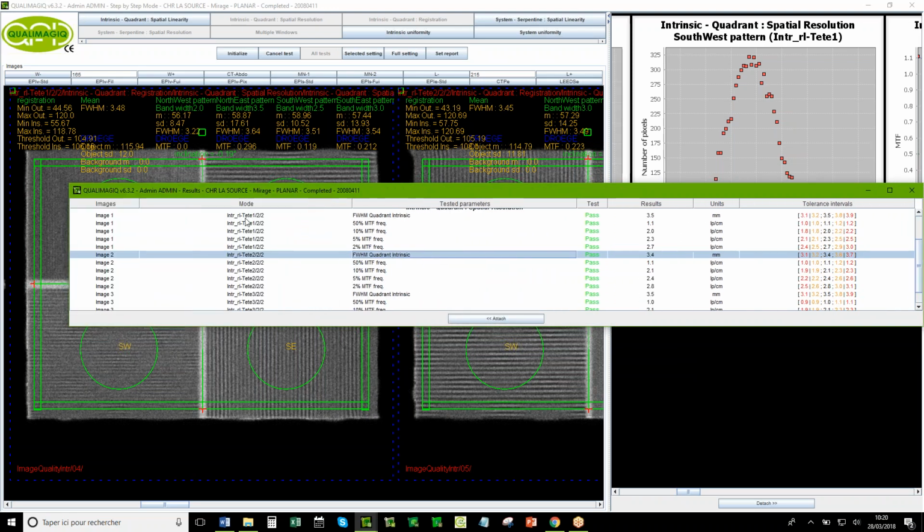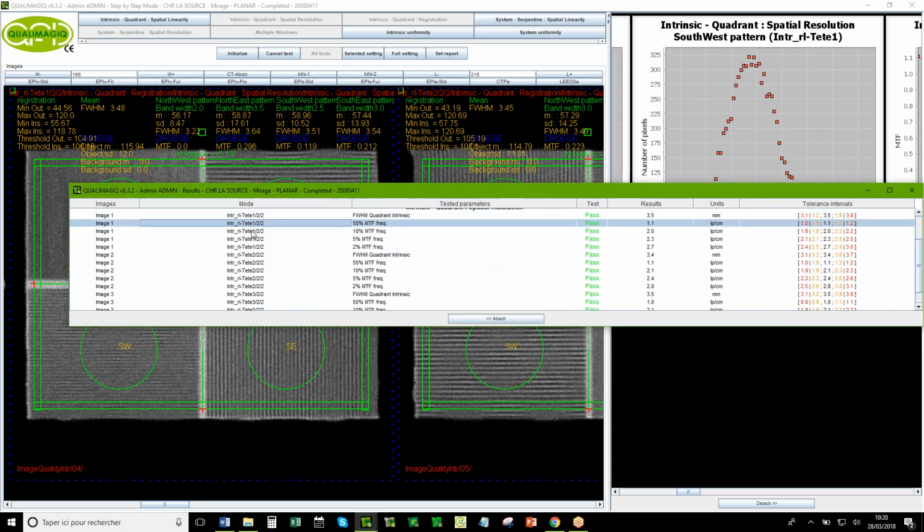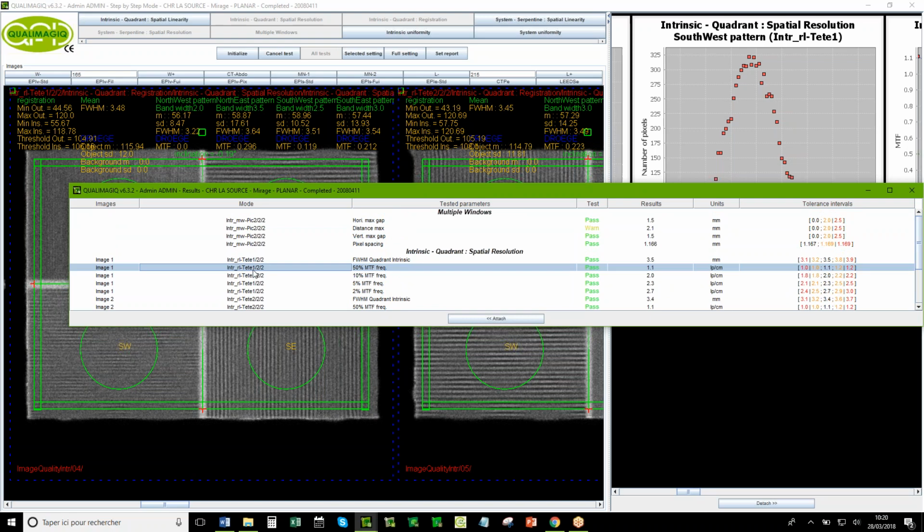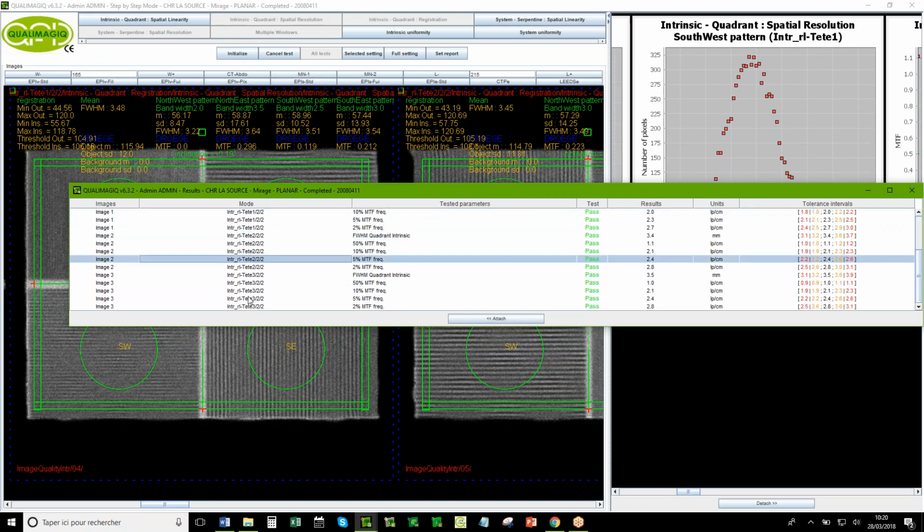And if you look at the identification of the head, of course, here it's not written head, it's written tête. Tête is head in French, but because it's a DICOM tag, the customer writes tête inside. But we have the number of this head, the head 1, the head 2, and the head 3.